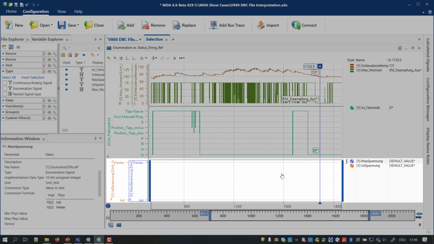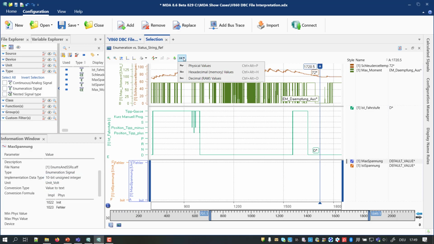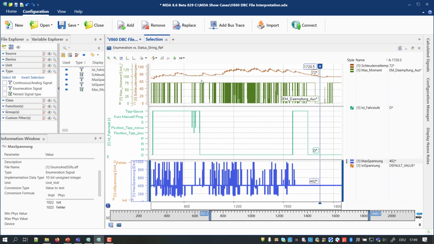Usually no signal curve will be visible. Moreover, the value shown for the cursor position is the string default value. And when looking at the conversion, you will notice that there is only for a small number of implementation values a verbal string assigned, while the data type defines a much wider range of possible values. Then you should simply switch to a decimal data representation. Thereby the signal curve is displayed based on its numerical values.